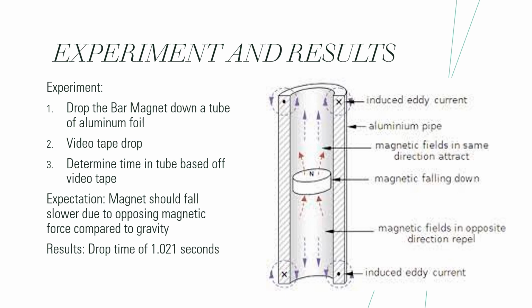And from what we know about Faraday's law and magnetic flux, we know that the magnet should fall slower than normal due to an opposing magnetic force compared to gravity. This was seen because the results showed that there was a drop time of 1.021 seconds, which was significantly slower than what we would expect it to be if it was just falling with gravity. This diagram to the right shows how when a magnet is falling through that conductive cylinder, there were going to be opposing forces acting on the magnet due to the conductive surfaces, which was going to cause the magnet to